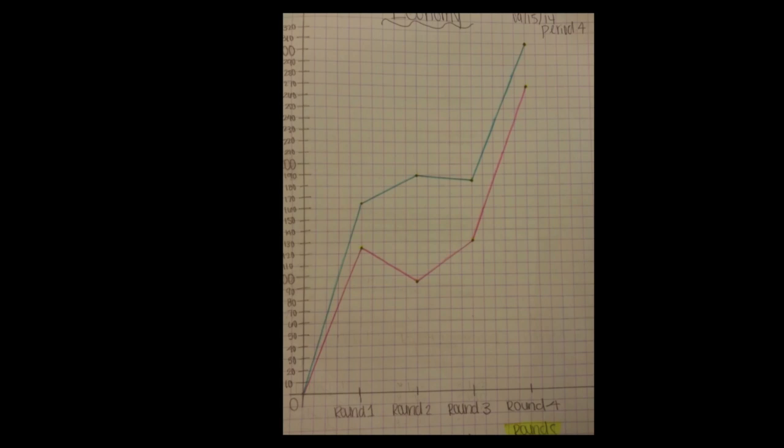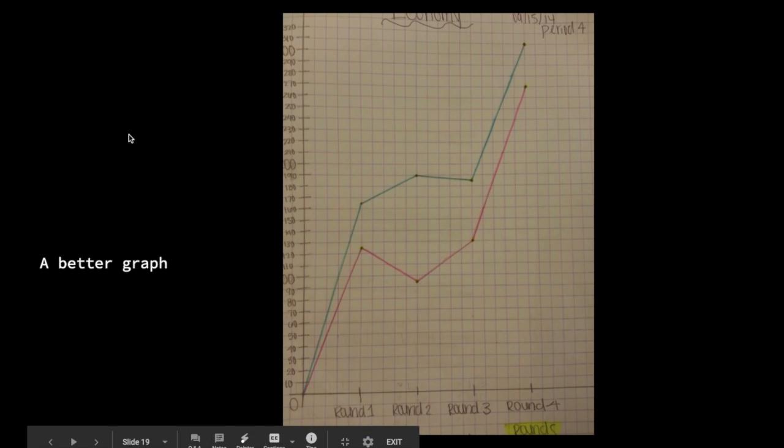This is a much better graph. Still not perfect, but we're starting at 0. We have everything evened out evenly. We have a scale to the left here, but we're missing